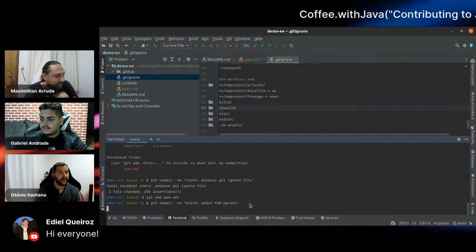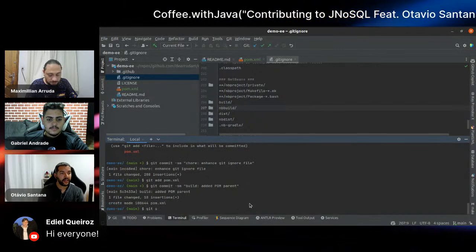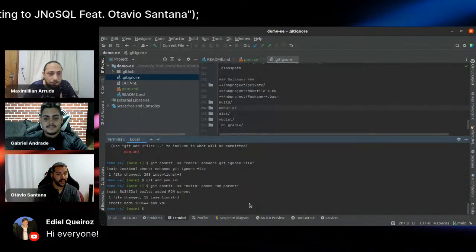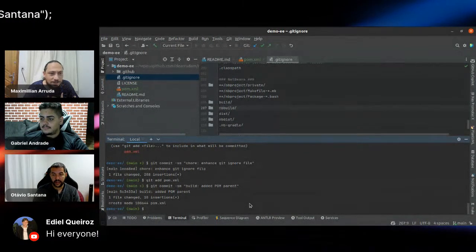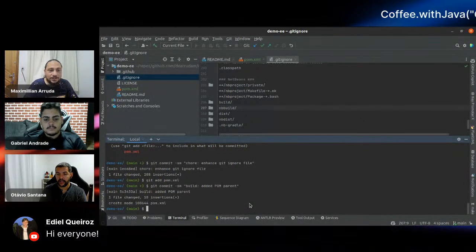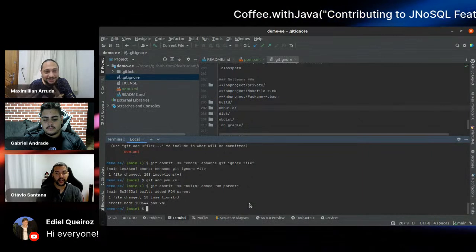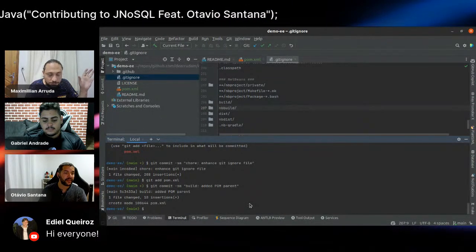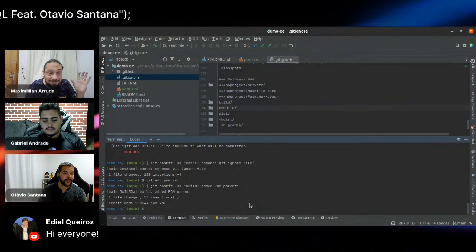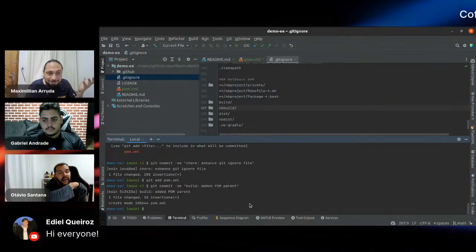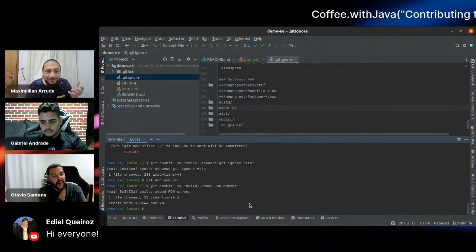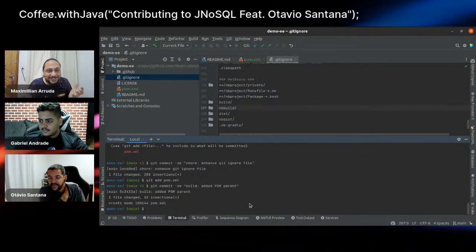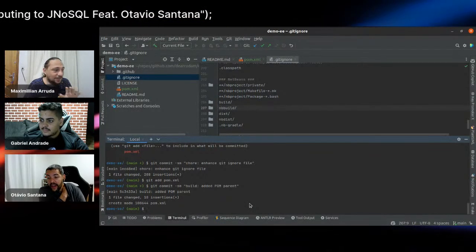So let me commit that thing, and okay, looks like everything is good. But I'm working on my main branch in my fork repository. It's something that I don't used to do. I used to create a branch, work on the branch, and after that open a PR to the original project, because it saves me time and I don't need to rebase my main branch. So, well, I don't know. Do you have some tips about that? Yeah, I prefer this way.